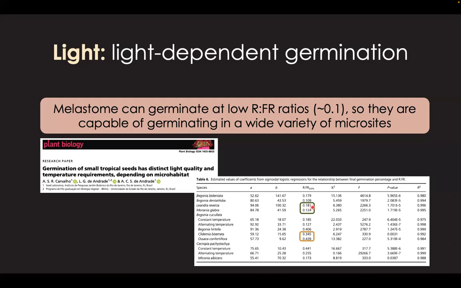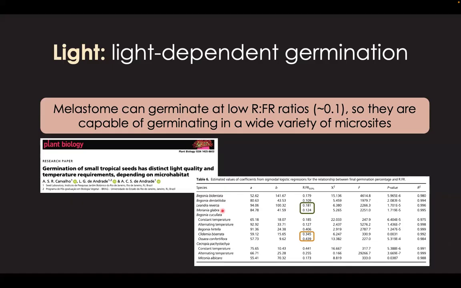You need to think, this may not be such easy to understand, but if you think of a smaller value, you should think of a more filtered light, the light that you find in the understory, because all the red light has already been captured by the vegetation above you. So even if there is really a small amount of red light in that environment, the understory species Leandra reversa and Meriania glabra